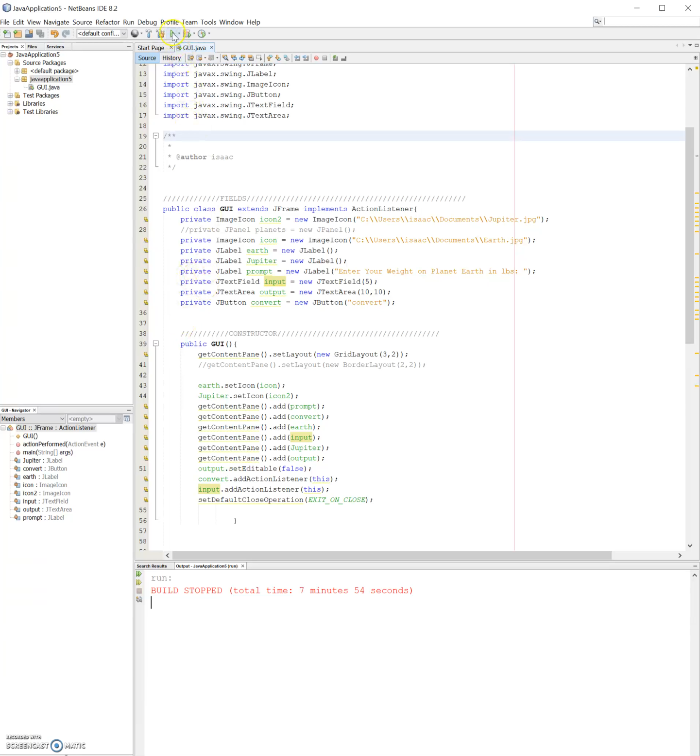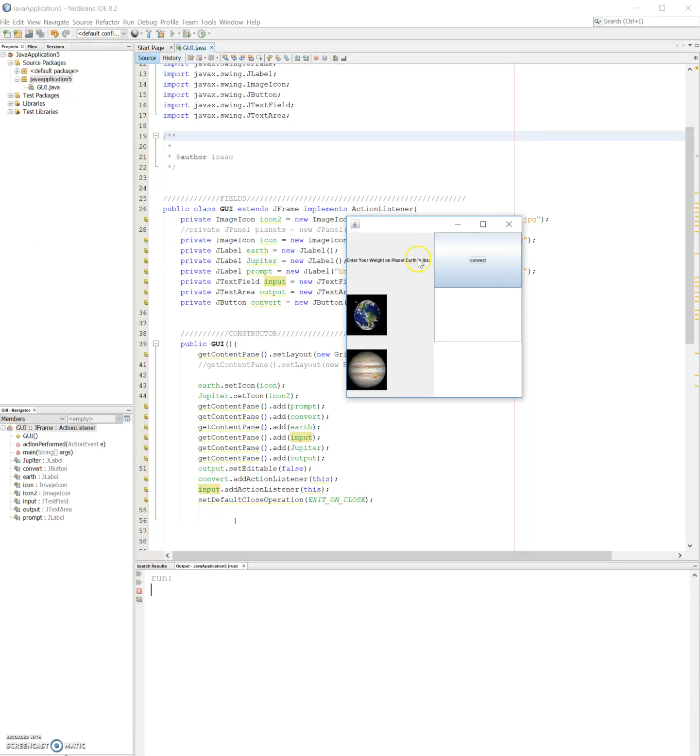Anyways, I created this simple GUI program, and we'll see what it does. It's a simple program where you enter your weight and it outputs what your weight would be on Jupiter. So for instance, if you input 150 pounds on Earth and then press that convert button, then your weight on Jupiter would be